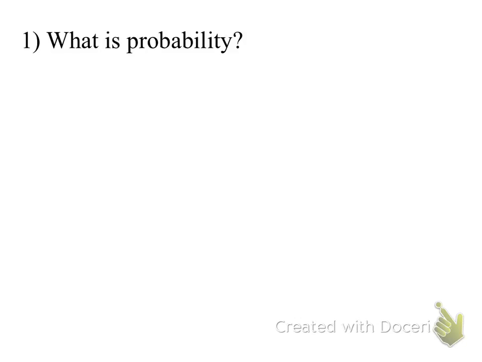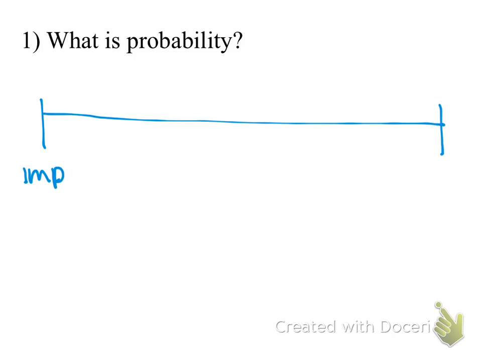So we can take probability and we can actually draw a picture of it. Create a probability line. On one end of the spectrum, it's impossible, and on the other end of the spectrum, it's certain that it's going to happen. So let's look at different kinds of events. An impossible event would be something like